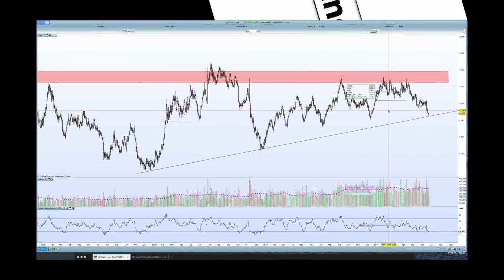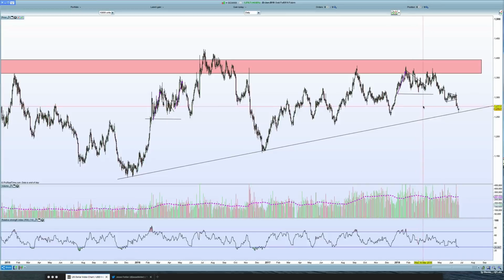It's Sunday, the 24th of June 2018. I haven't done a video for 4 or 5 weeks. I think the last video I did on gold, the gold chart, was this breakdown below 1300 that happened in mid-May. Since then, I said the likely scenario was we'd head to this lower trend line and retest this low from